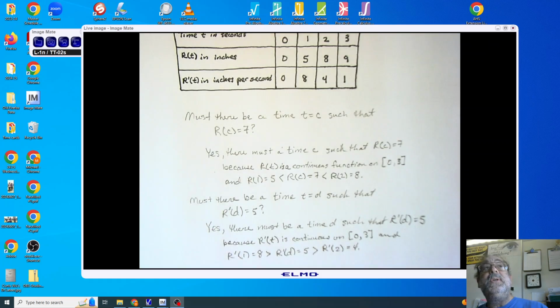Once again, you'll notice I'm using the sentence frame, and I'm able to use IVT because